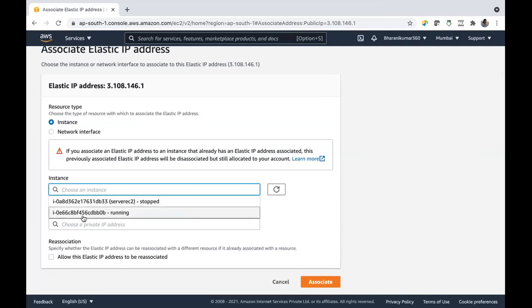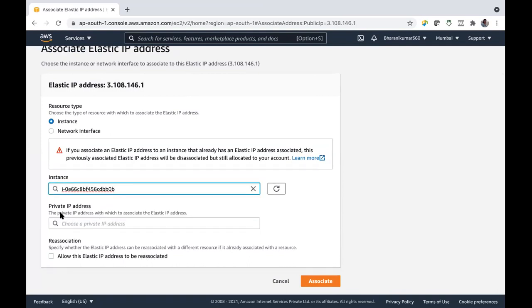In the drop down you'll get the instance. And then private IP address. If you want one particular elastic private IP address, then you can also choose this, but we don't want that. So we want our elastic IP address to be a public one only, so associate.